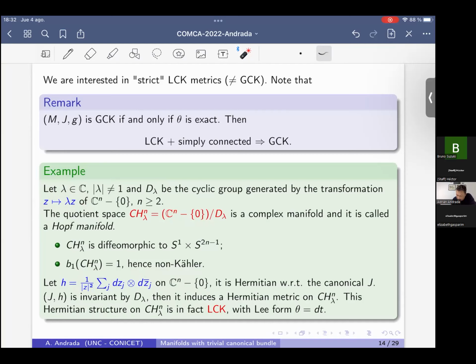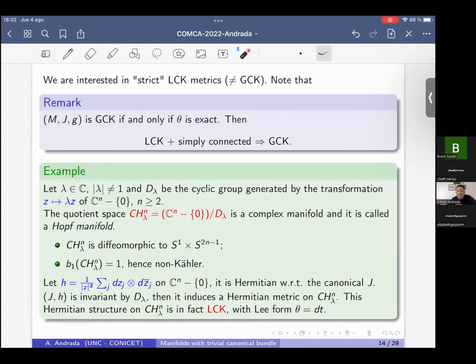It can be seen that this Hermitian structure on the Hopf manifold is LCK, and the Lee form is exactly d theta, where theta is the coordinate on the S^1. So these are very nice examples of